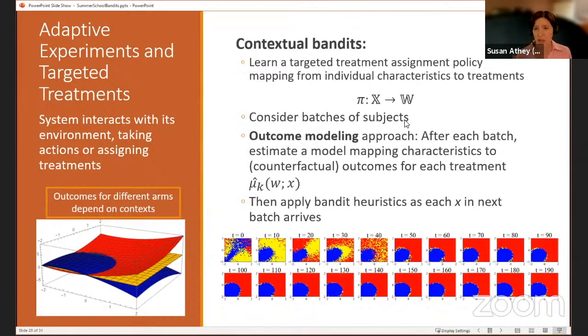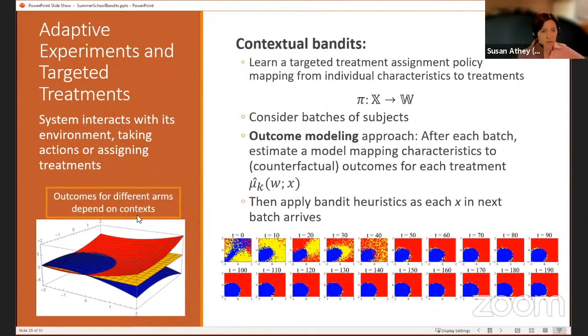So now, instead of each unit being identical, I'm imagining a unit is going to arrive with characteristics. So now I'm trying to learn a function. Now that's really hard, but it's also one reason bandits might be helpful, frankly, because for every X, you're trying to learn the best arm. That sounds super hard. A purely randomized experiment sounds like we would be way underpowered and would never figure anything out. So it might be especially important to use bandits to make sure that I'm getting the right treatment for the right person.